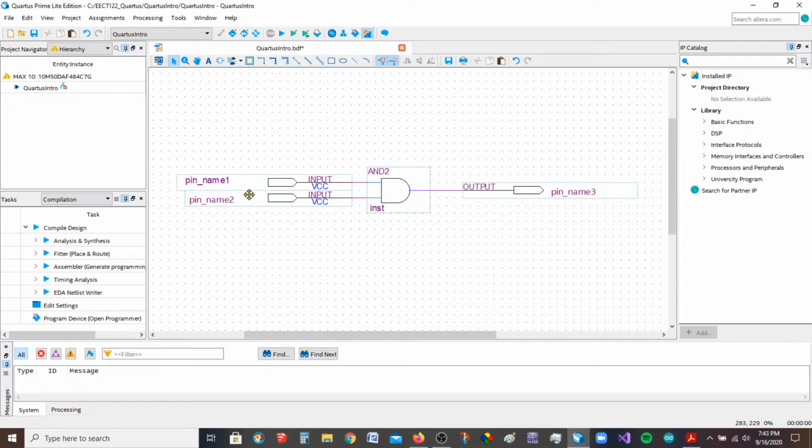So I could leave these named Pin 1, Pin 2, Pin 3, but I'm going to name them something much better and say A, B. If you ever have me for C programming, this is a no-no. I will never let you have single letter variables, but for digital inputs and outputs, I think it makes sense